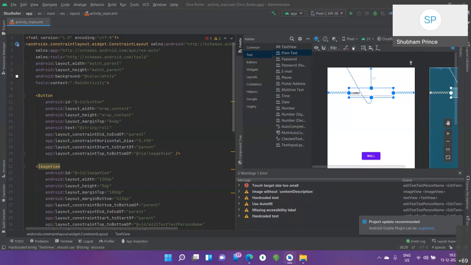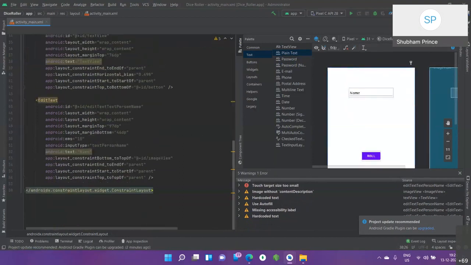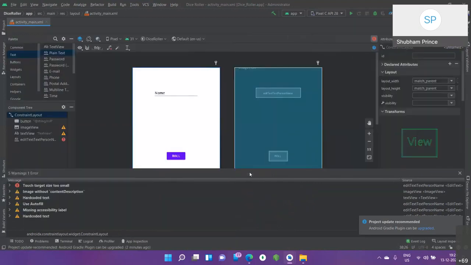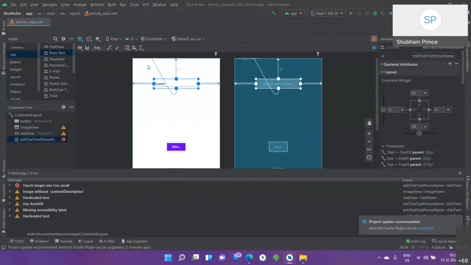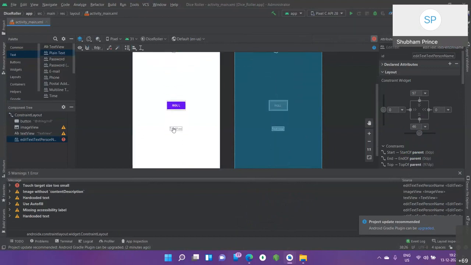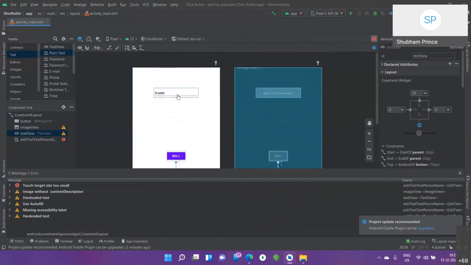As soon as I click this, some of the errors just vanished. Now it has all the right properties to stay on the screen while you are running it. I didn't do anything for this one, while for the other text I did everything.